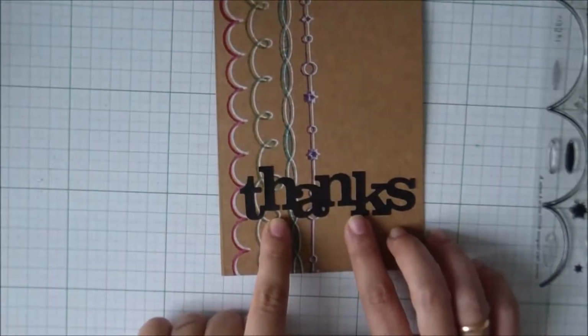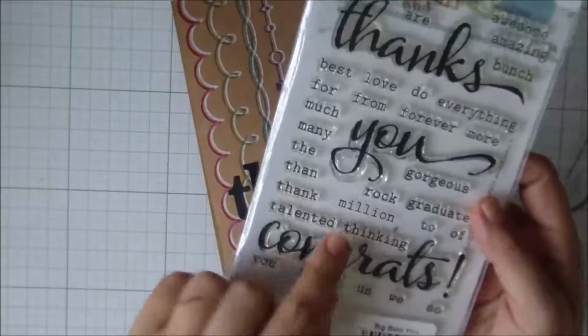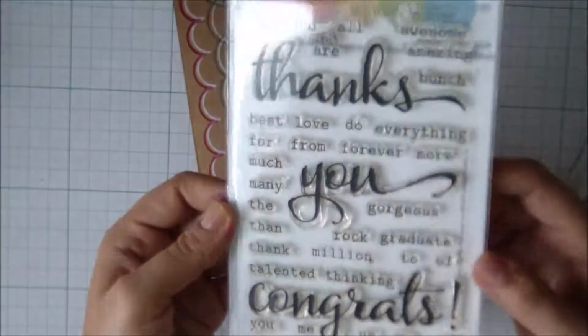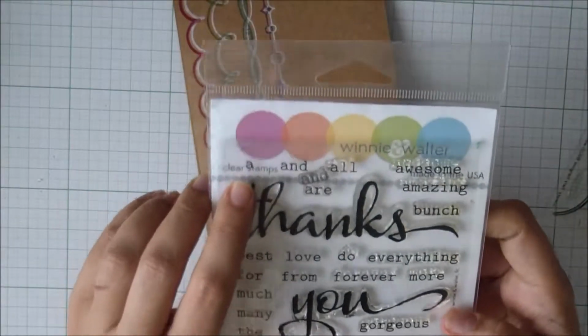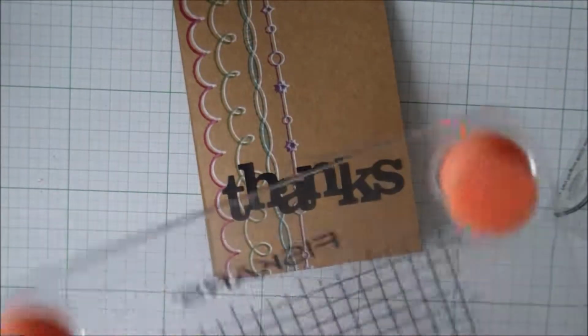I've stuck the die cut thanks onto my card base, and I also want to say thanks a million as a sentiment on my card. So I'm using another stamp set from Winnie and Walter, and it has got all these words, sentiments. I want to say thanks a million, so it has got a million here. So I've taken those words out,